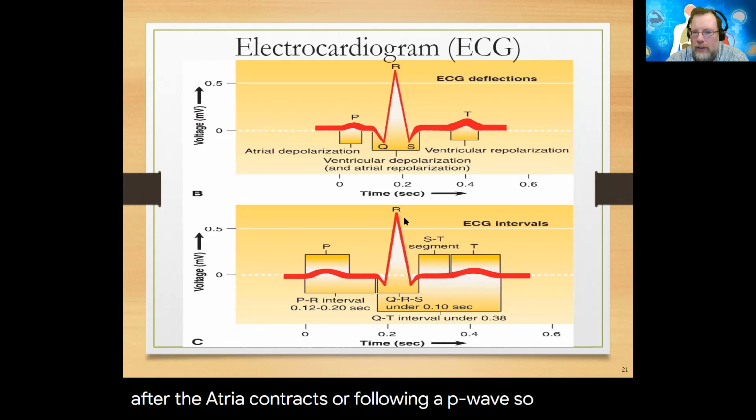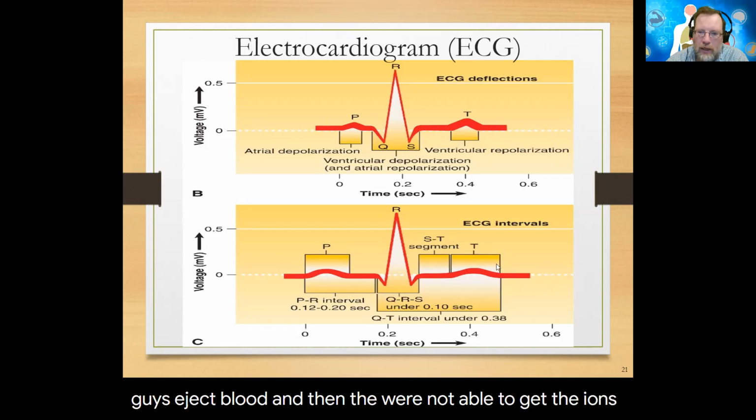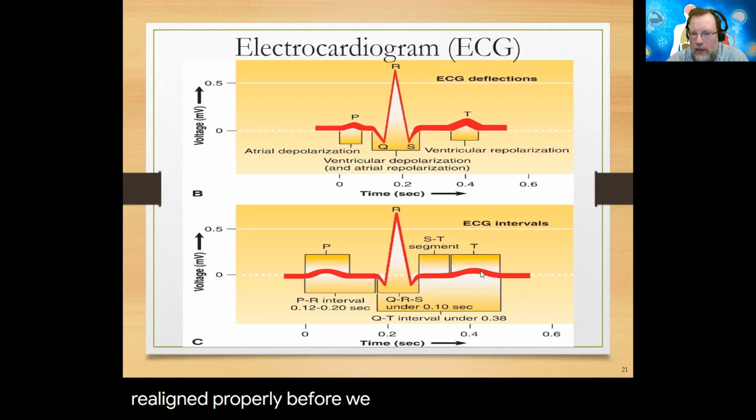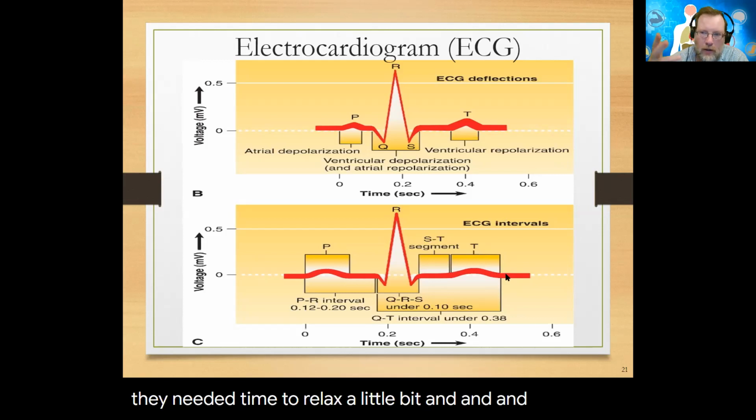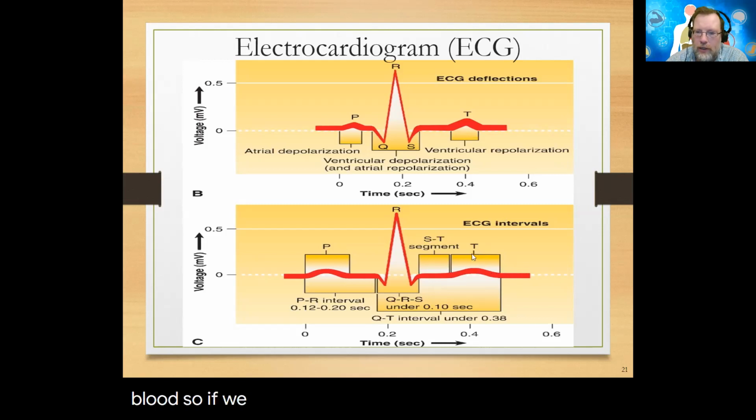So these guys eject blood, and then we're not able to get the ions realigned properly before we're already asking for potentially another ventricular contraction. So if this is a P wave and then a QRS wave, the ventricles have contracted. They need a time to relax a little bit and get all of these ions realigned and prepare for the next shipment of blood. So if we jump the gun and give a P wave and a QRS too quickly,